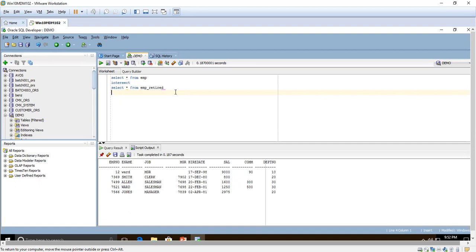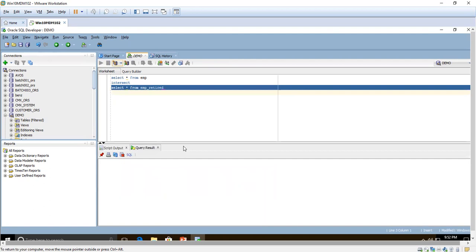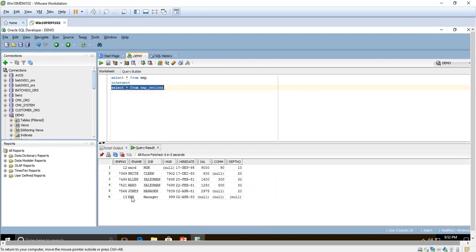There is one record I will show. In the retired table, this record is there, XXX. This is exclusively available only in the retired table, not in the active table. So this is already removed from the active table. We can assume like that. But these are the records still in the active as well as the retired. So we can remove these records from the active table. This is the main purpose of the intersect.